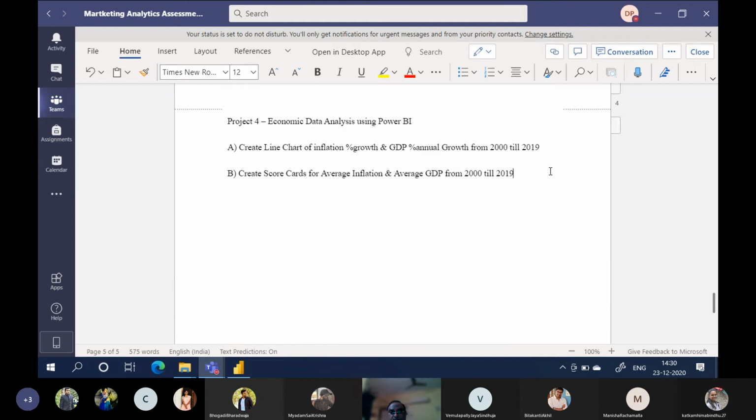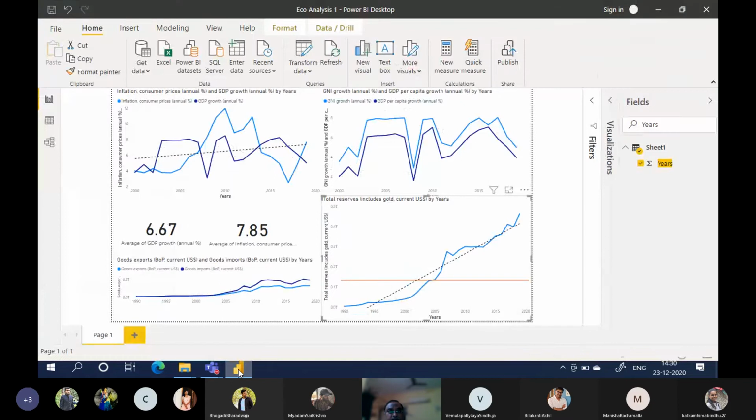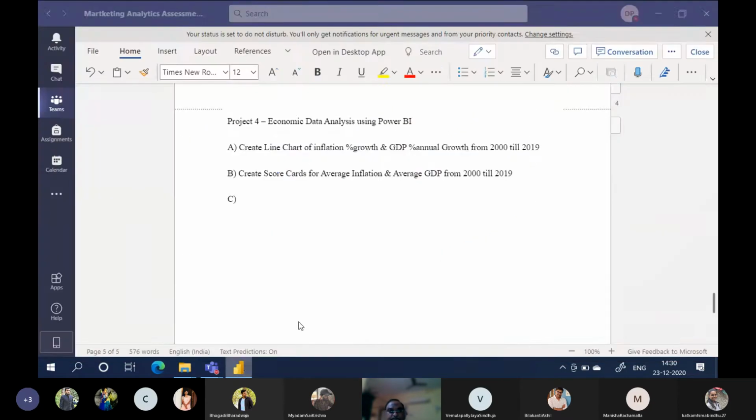Okay. Task C. What we have done, GNI growth and GDP growth. Create a line chart of GNI growth and GDP per capita percentage growth.